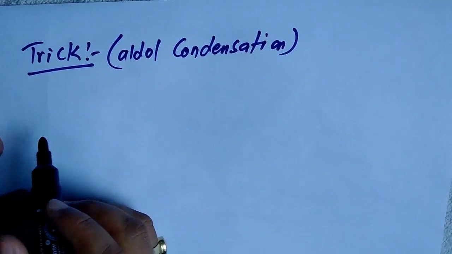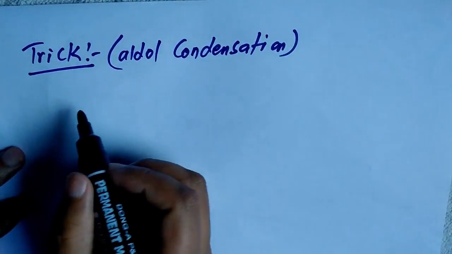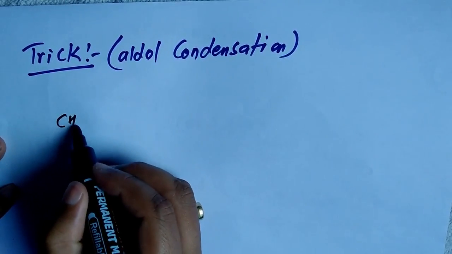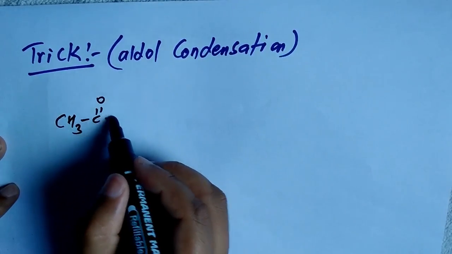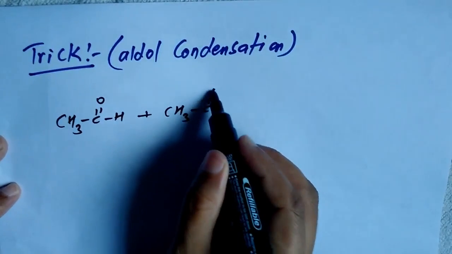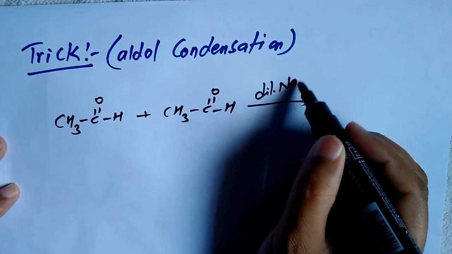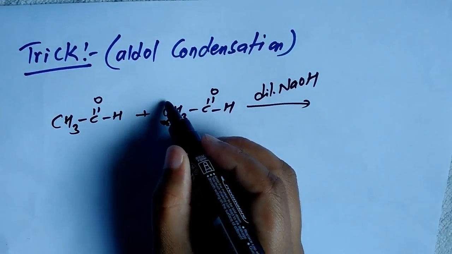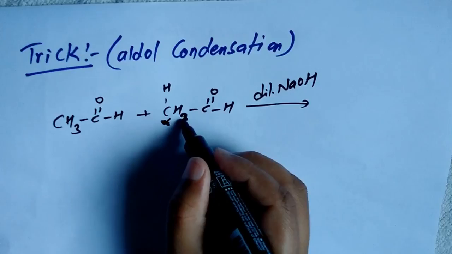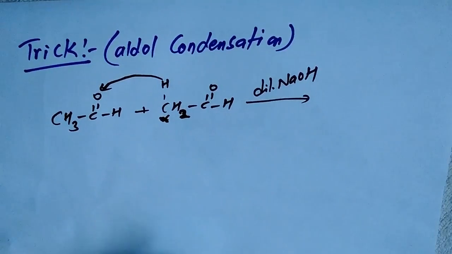For aldol condensation, how can we remember what product will be formed? Let us see by this trick. First of all, write the molecular formula of the aldehyde, CH3 C double bond O H, and another CH3 C double bond O H, in the presence of dilute NaOH alkali. Here there are 3 alpha hydrogens, we take 1 alpha hydrogen here, and here there are 2 alpha hydrogens. This alpha hydrogen bonds with this oxygen. Now this alpha hydrogen bonds with